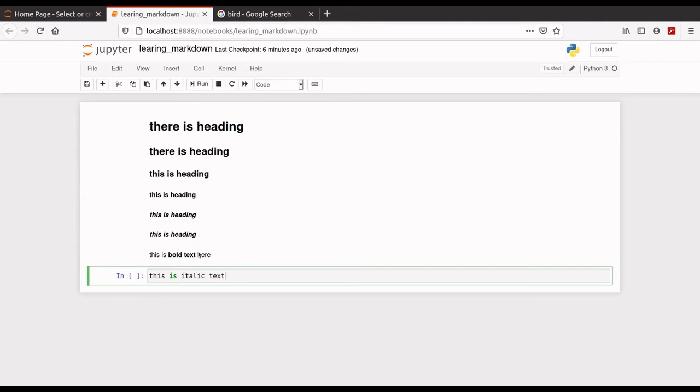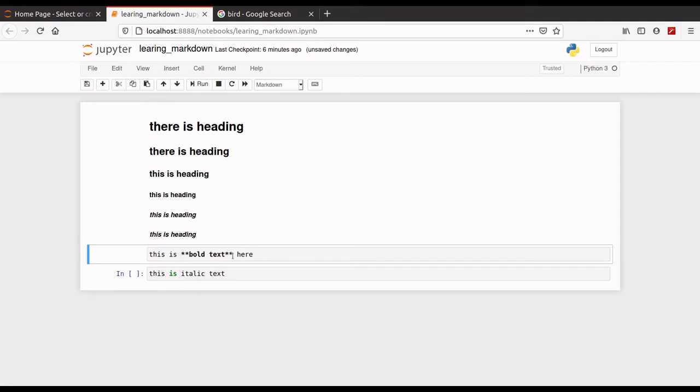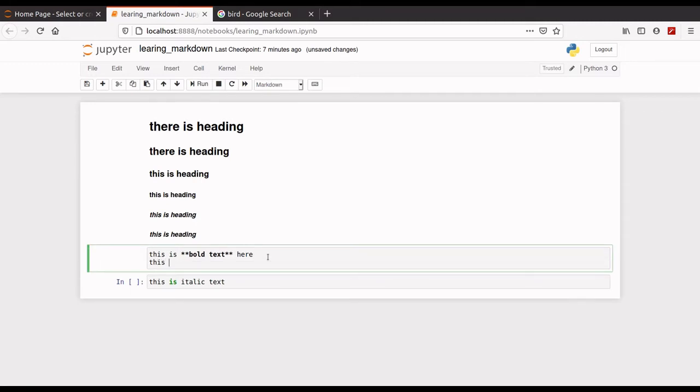First of all, you come here, this is bold text. Now if you again want to change in this cell, then just double click here. Now this cell is changeable. I just want to show you another option to bold the text.